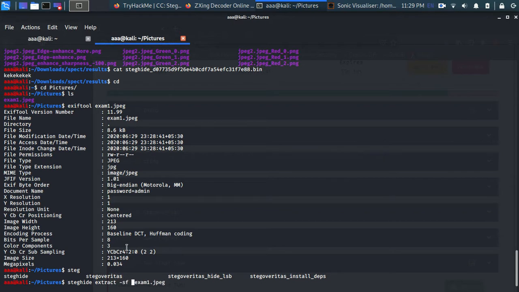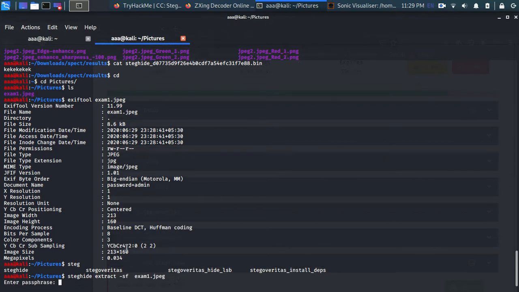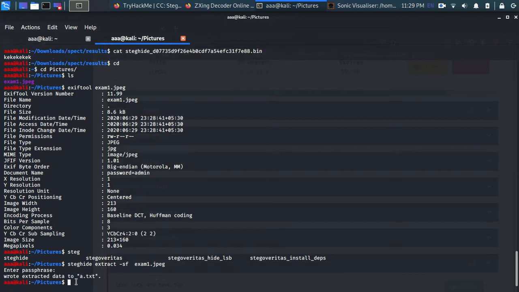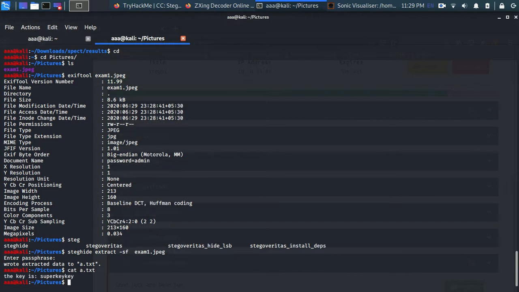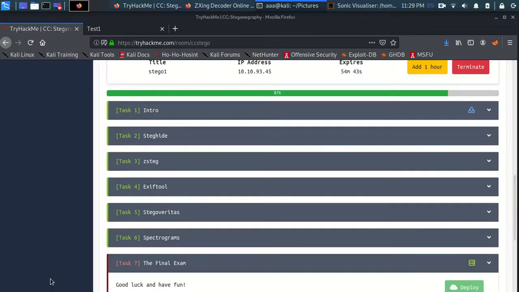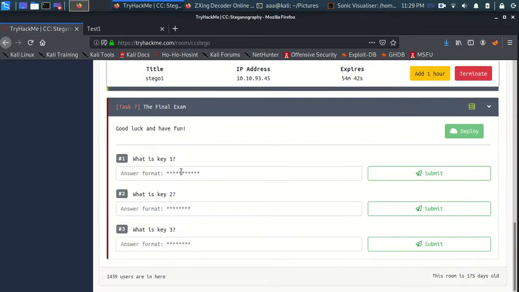And okay, it will ask me for a passphrase, and I know the password is admin, and let's press enter, and yep, that was successful and data was written to a.txt. Let's cat the file, and this is the key, and let's copy this here. Yep, and that is absolutely correct.